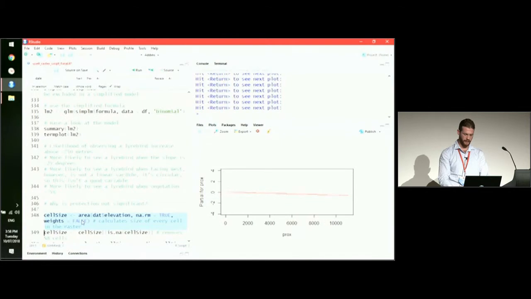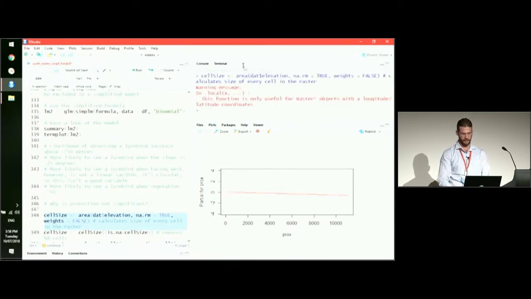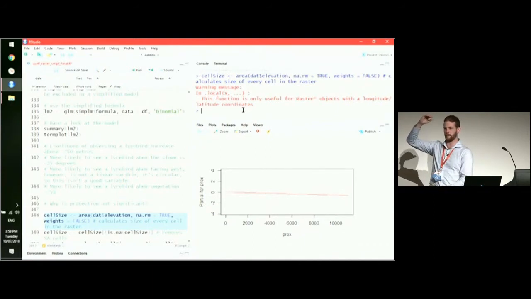So I'm just going to make a variable here called cell size. It's going to produce a warning, and that's just because our data is not in latitude and longitude, which you normally want this for. So what cell size does is it goes through your raster and it tells you the size of each of your cells. You only need that if you're using longs and lats, because as you're closer to the equator and further from the equator,